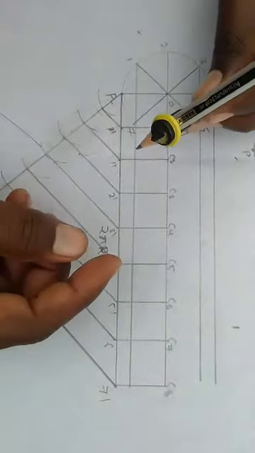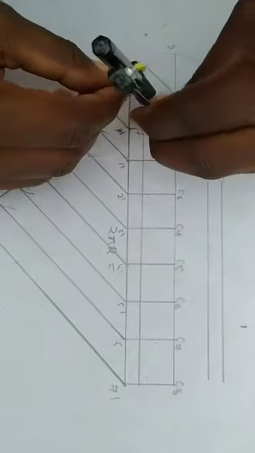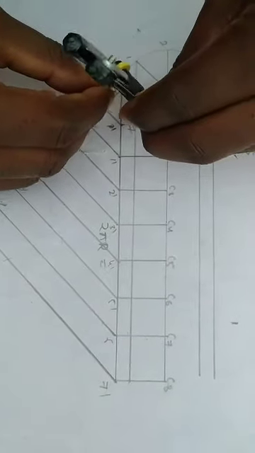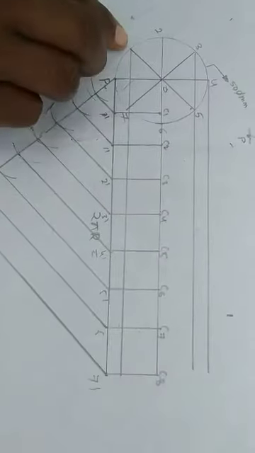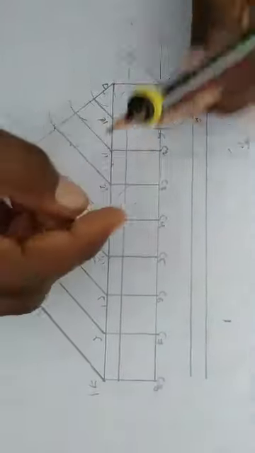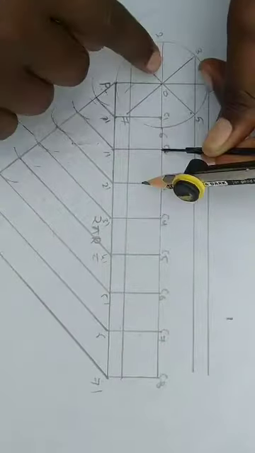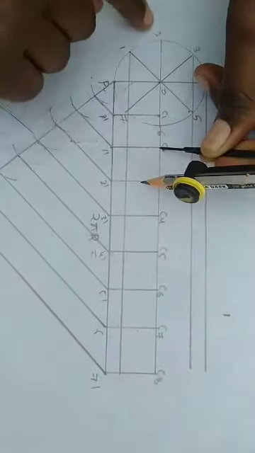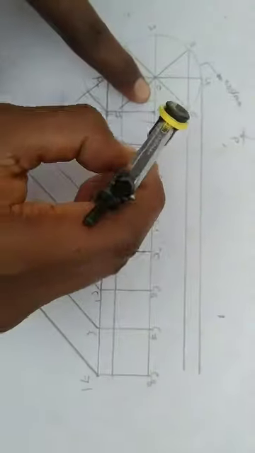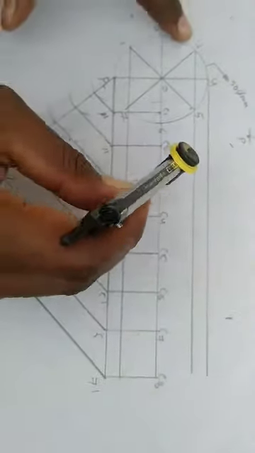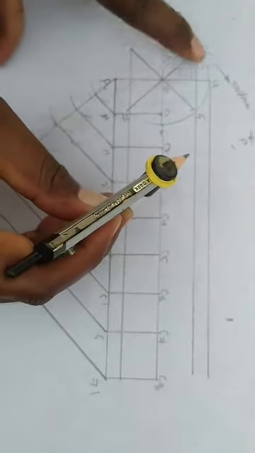C1 as the center, cut this one line. This is the 1 to 7 moving line. Next, C2 as the center, this is the 2, 6 moving line. Cut the second line. Next, C3 as the center, this is the 3 and 5 moving line, this is the 3 line.